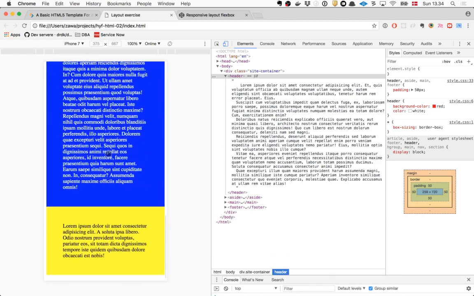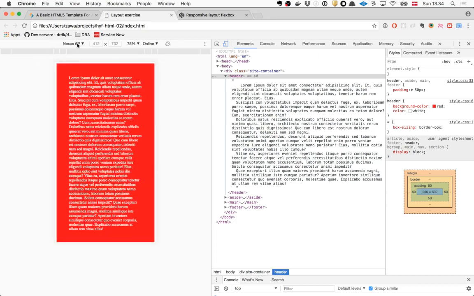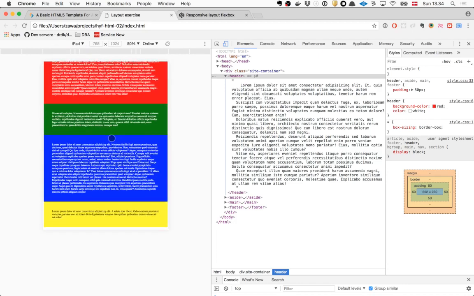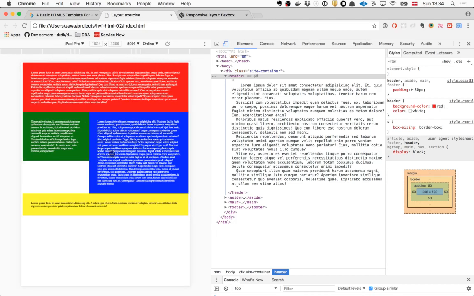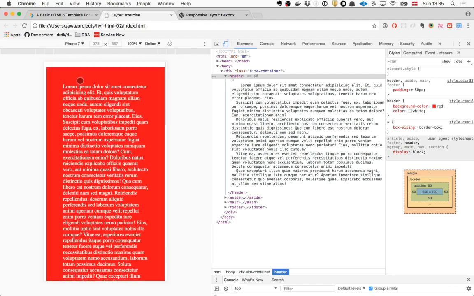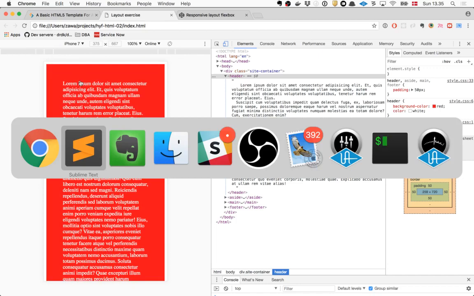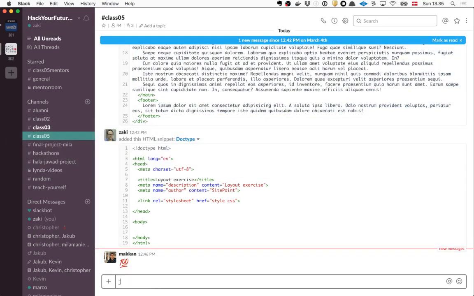And now you see suddenly it works on an iPhone, and we can try some of the other phones here. There's also an iPad here. So here it responds, but that's pretty interesting. Let's see the iPad Pro. On the iPad Pro, you see we get the desktop layout. And that was what I was asking for before, that if the iPad is above a certain size, we wanted to show the desktop layout. So now it works. I'll just post on Slack this viewport meta tag that you need.